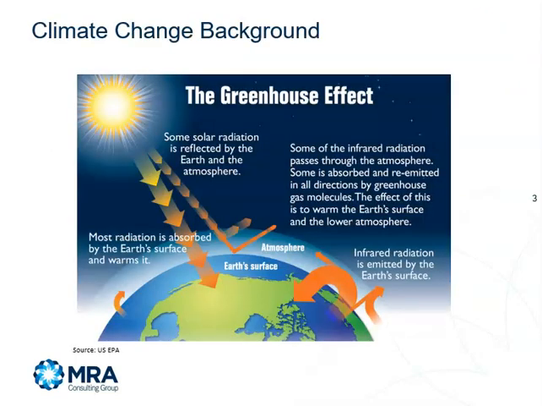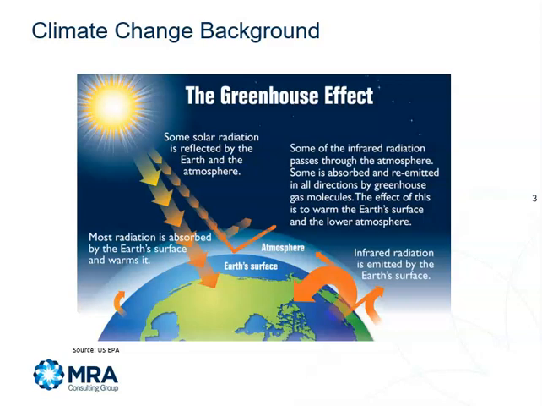Let's start with a basic introduction on climate change. The greenhouse effect is a natural process that warms the Earth's surface. When the sun's energy reaches the Earth's atmosphere, some of it is reflected back to space, and the rest is absorbed and radiated by greenhouse gases. Greenhouse gases include water vapor, carbon dioxide, methane, nitrous oxide, ozone, and some artificial chemicals such as chlorofluorocarbons, or CFCs. The absorbed energy warms the atmosphere and the surface of the Earth. This process maintains the Earth's temperature at around 33 degrees Celsius warmer than it would otherwise be, allowing life on